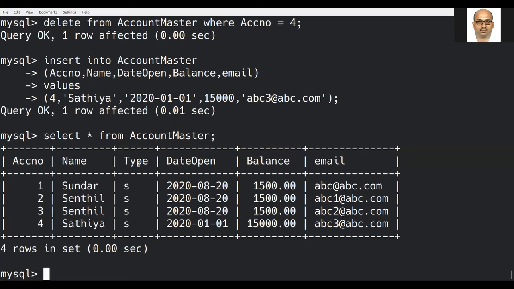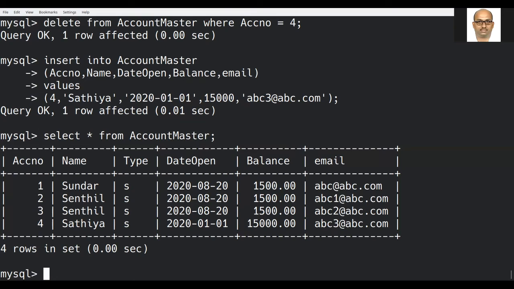The third column default value is yes. If I am not inserting any value to that particular column, the default constraint automatically has initialized the value yes there. So as of now, we have checked not null, unique, primary key, check, and default.